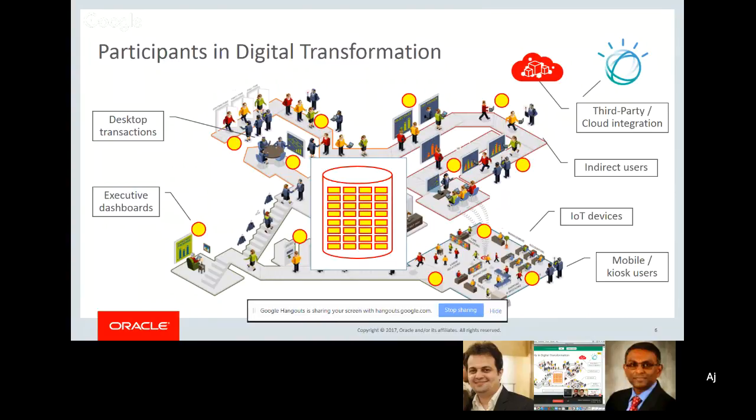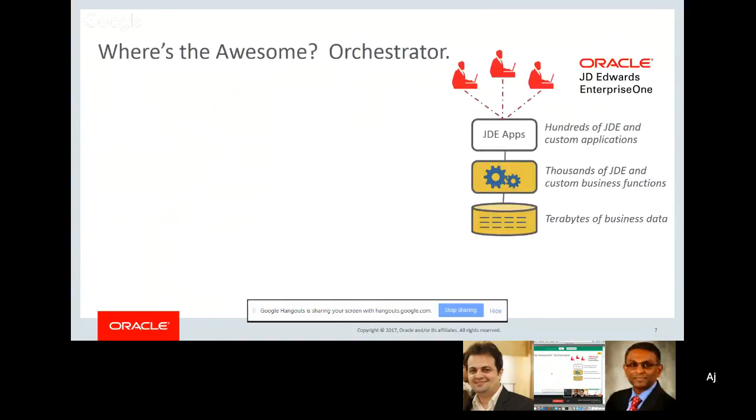So we need to figure out a way to expose all the traditional JD Edwards data and applications out to the users, the participants in this digital economy. And so how do we do that? Well, one way, and probably the most significant way, is this product that we've delivered called the JD Edwards Enterprise One Orchestrator. We've got that traditional